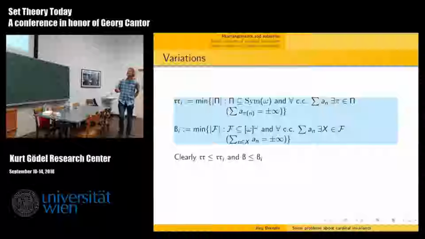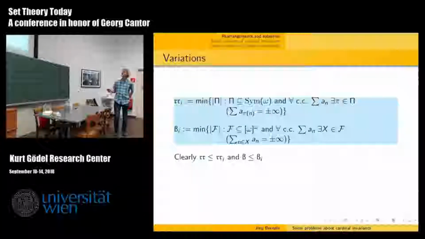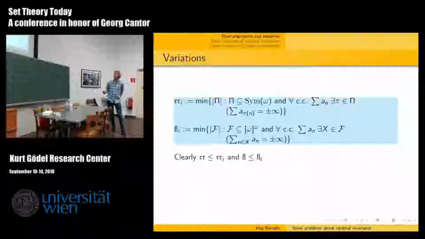Clearly, double R is less than or equal to double Ri and double Si. The i stands for infinity here because we have plus minus infinity. That's obvious because here we are more restrictive. For double R we just ask that this series does not converge to the original value, which was a finite value. So it could either converge to a different finite number, it could diverge to plus minus infinity like here, or it could diverge by oscillation. So there are like three options. And now we just focus on one of these three options.